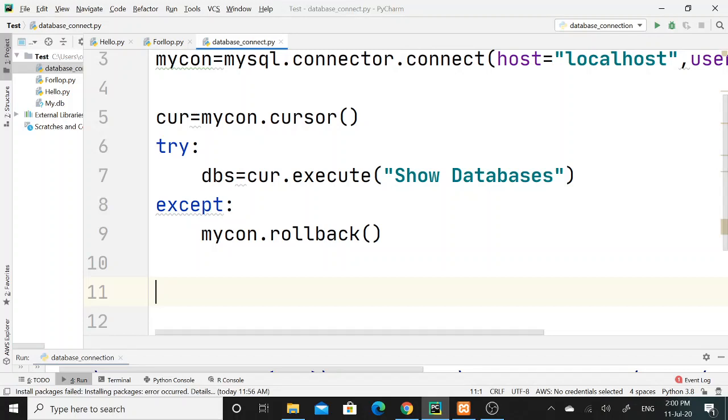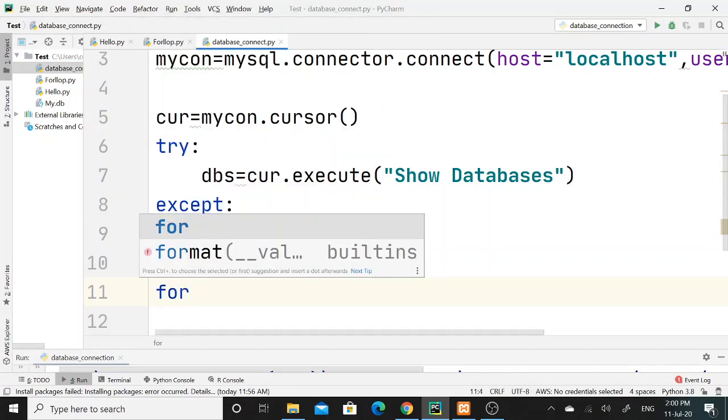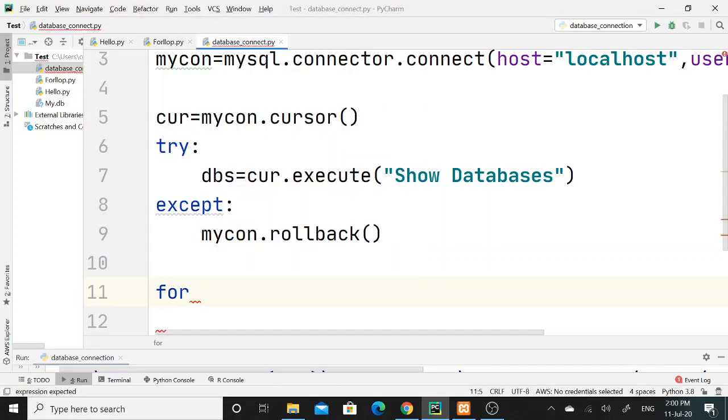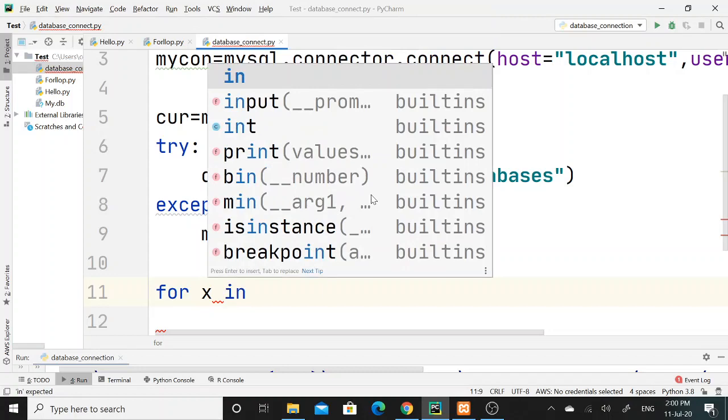So now to see how many databases are present in MySQL once the connection has been successfully established, to display all the databases present in MySQL, I will simply make use of a for loop in Python. So I will declare a for loop, and one variable named x, then the in operator.